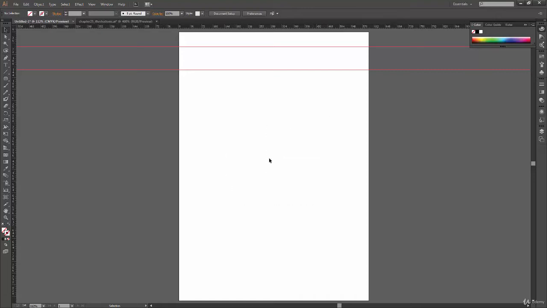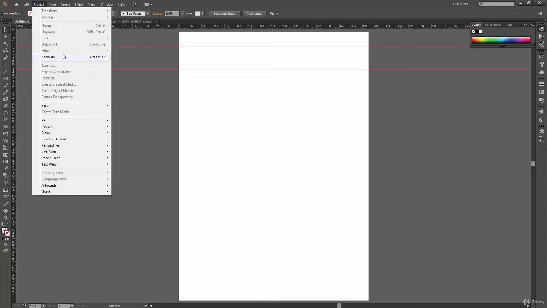Now if I want to unhide it, there is a problem. I cannot select the shape and say unhide this shape because the shape is not available to me. So Illustrator won't know what to unhide. For that there is an option in Object which says Show All. So yeah, this option makes sense. It will show everything on your artboard which you have hidden so far. So I click on Show All.